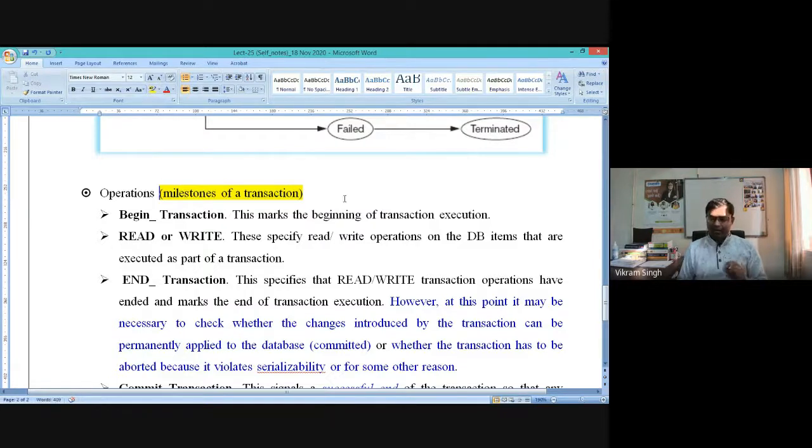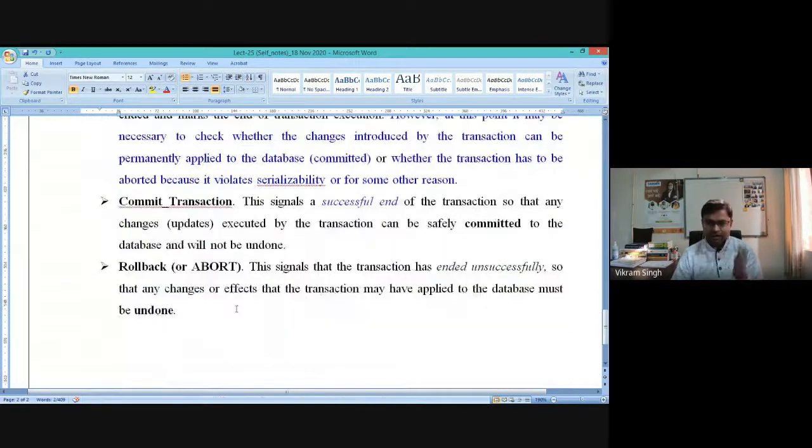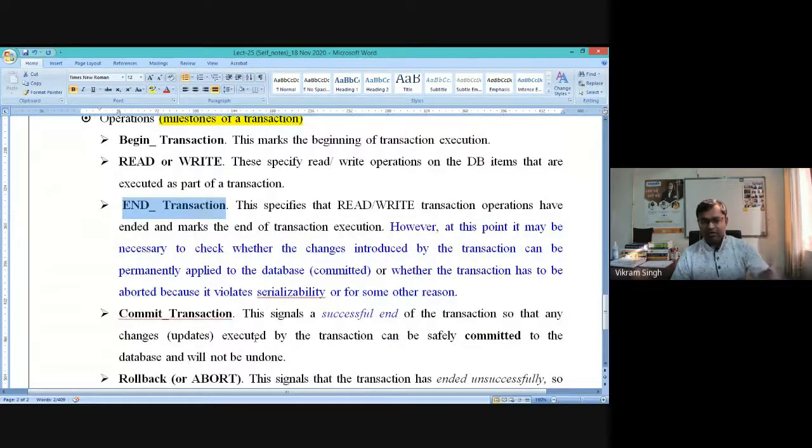Actually, our database management software is taking care of these 5 milestones, because each and every milestone will serve some purpose, right? That's what we have discussed. In case of any transaction, anything which happens in the transaction will be saved temporarily. And if the transaction reaches the commit transaction stage, that transaction is permanently saved. So whenever a transaction is failing, whenever a transaction is aborted for some reason, it will look for these possible entries